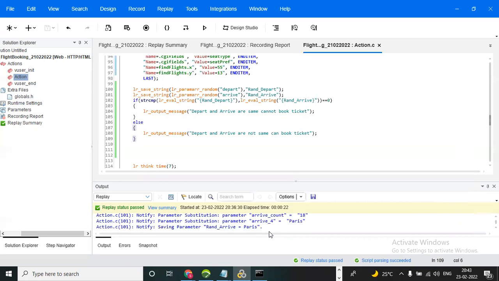Okay. So some C techniques will be there. If anyone is interested, you can go through our document, and there will be many scripting challenges. So for the scripting challenges, you can tell this type of things. So we have two dropdowns to generate the random value. I write down the LR param random function. Using this function, I compare using the strcmp string